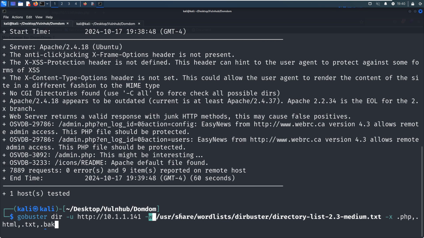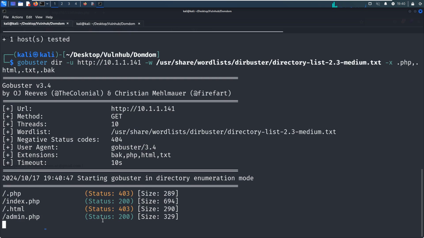As you know, if you have followed my channel, I always use this word list. And I also put the extensions option, specifying some common extensions like php, html, txt, bak. So now we can press enter.